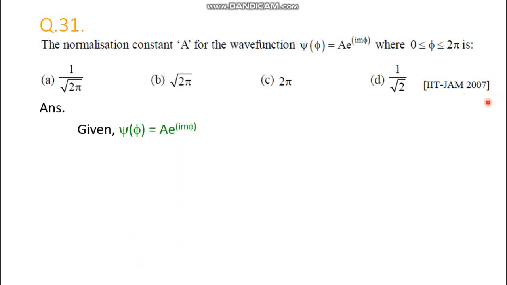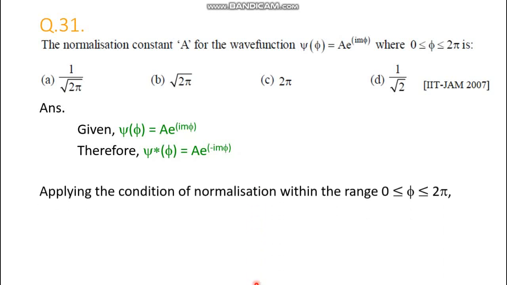So if psi is this one, then what about its complex conjugate? The complex conjugate must have minus i in the power of the exponential. So if psi as a function of phi is A e to the power i m phi, then psi star of phi must be equal to A into e to the power minus i m phi. So the normalization constant,